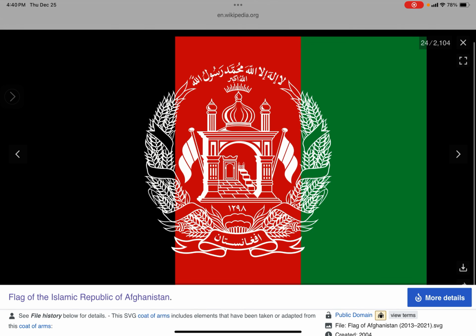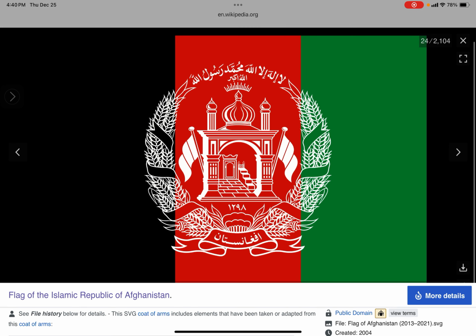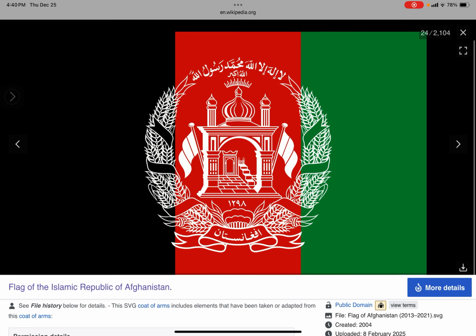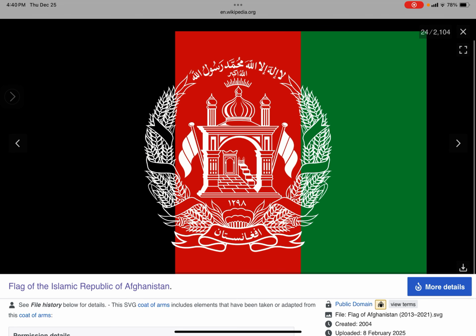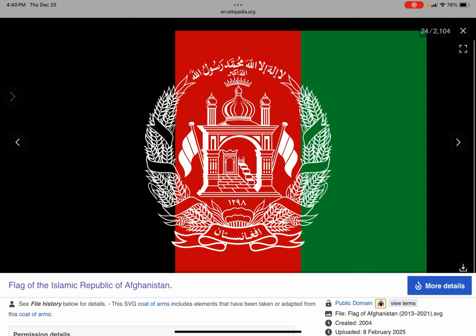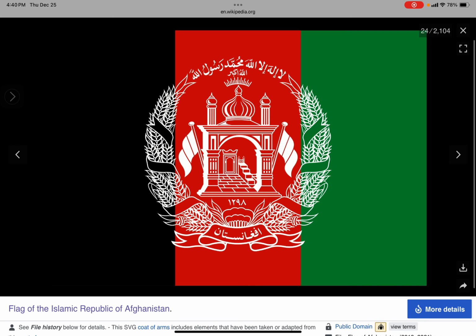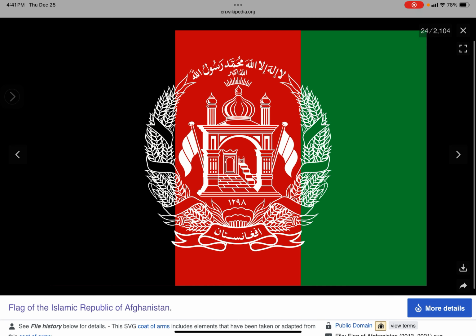There is the national motto. There are some words in Pashto representing the motto of the country in white text. And at the bottom of the white text, there are some words in Pashto in white text. And at the bottom of it,